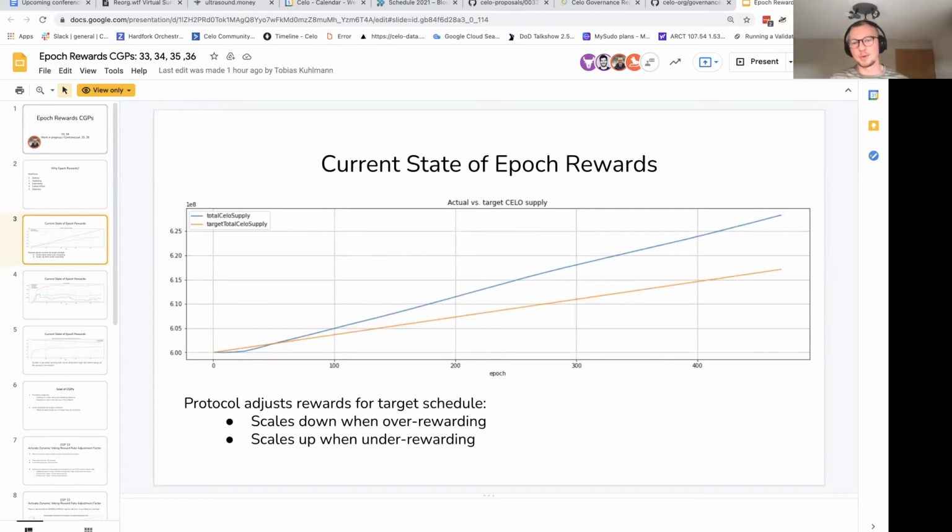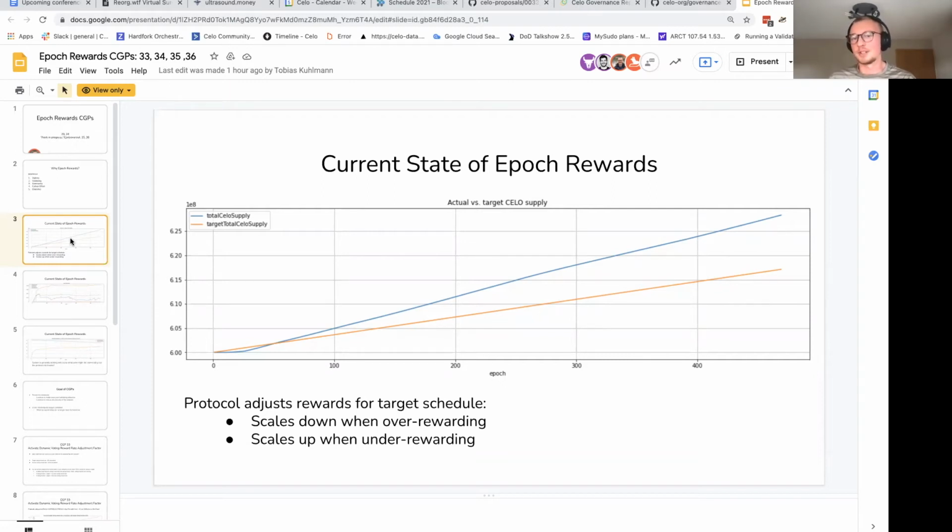The current state of Epoch Rewards is also why we've been looking into it: the protocol is rewarding ahead of schedule. In the Genesis block, 600 million Celo were minted, and there's a target schedule that releases the remaining 400 million Celo over the next 30 years. The Epoch Rewards mechanism has been over-rewarding quite a bit in the last couple of months, basically in the last year.